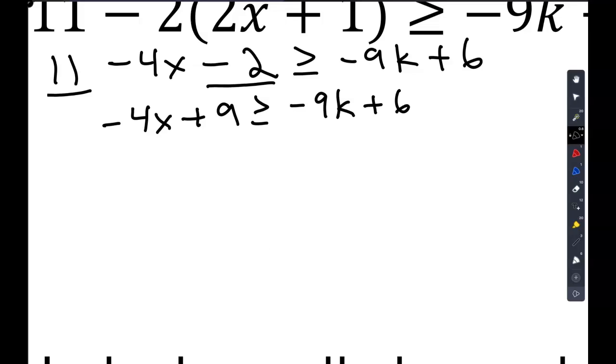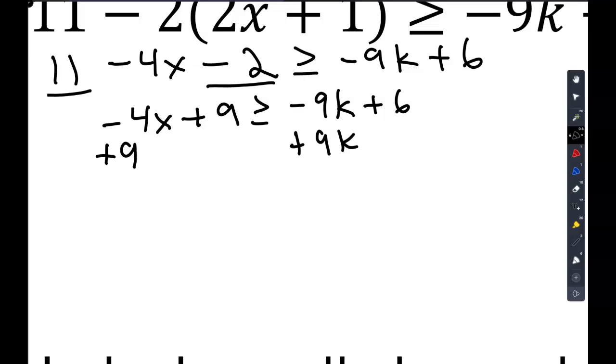All right, so here's the trick. I say move the letters to the left and numbers to the right. You could do that all in the same step. So I can add 9k so that this cancels out, and add it over here to the